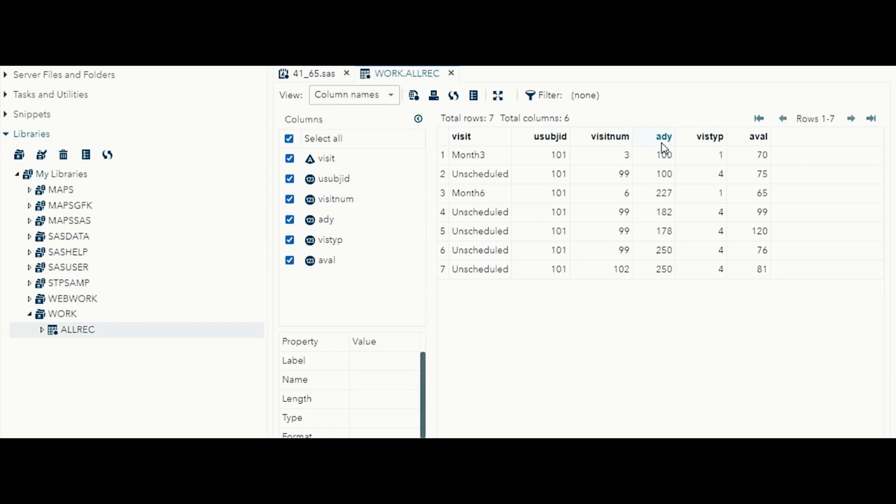ADY is nothing but, for example, in a VS data set, we have VSDY, and based upon that we created the ADY variable also. This is the VIS type, a temporary variable we created for our convenience. For unscheduled visits we give 4 and for all the remaining ones we give 1. Okay, so this is the eval value.